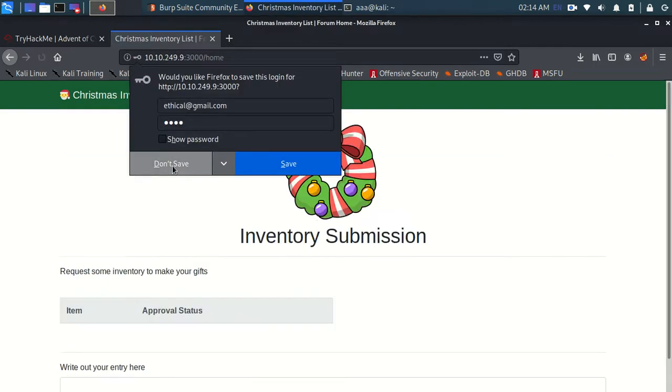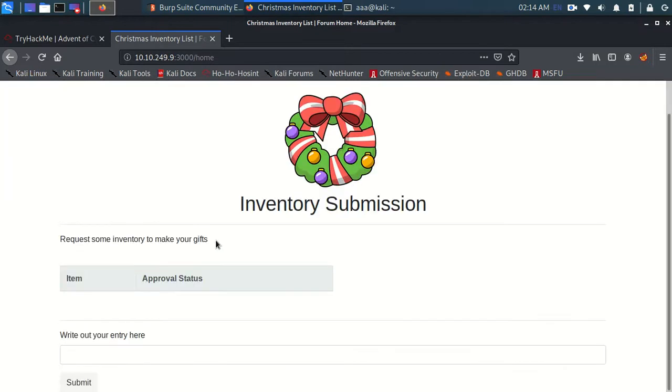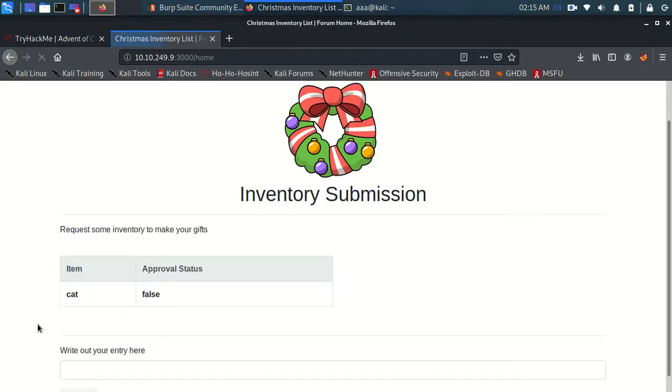So I have successfully logged inside my account. I'm currently ethical@gmail.com, and that is my account. Write out your entries here. So I wish for a cat and I'll submit. This is the item which I requested.